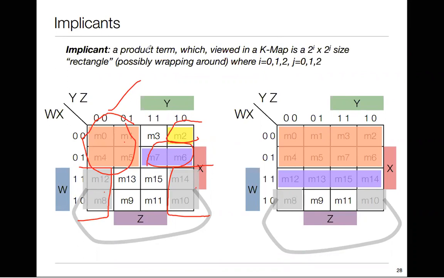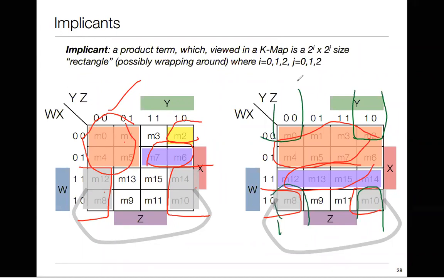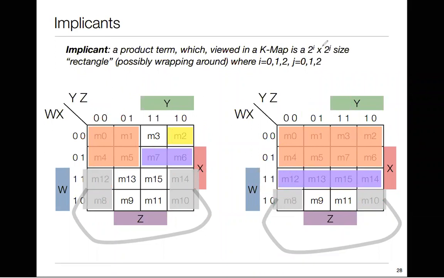Next, what happens if you take the second K-map? I have one product term over here, one product term over here, and I can group a pair like this also. Even corners make a pair. I can group a quad with all the 4 corners. If I have 1, 1, 1 and 1 over here, they will form a quad. So that also can be used. So in the second K-map, what is given? We have 3 implicants. One in the orange color over here, the other one in the violet color over here, and the other one in the gray color over here. These are all known as implicants.